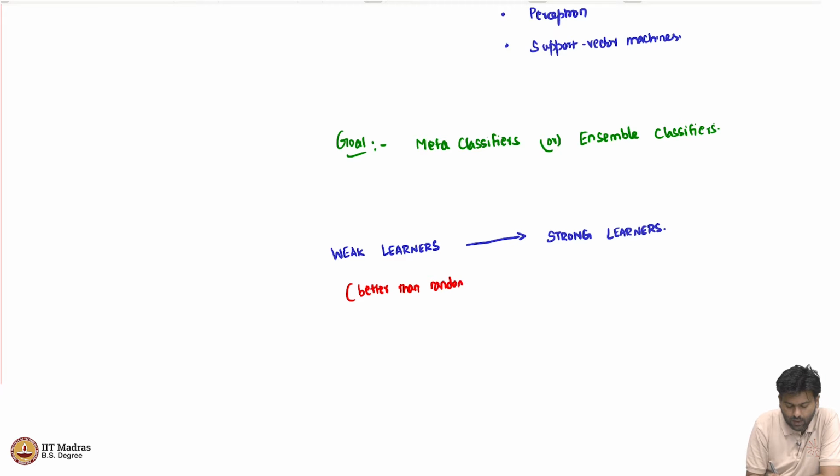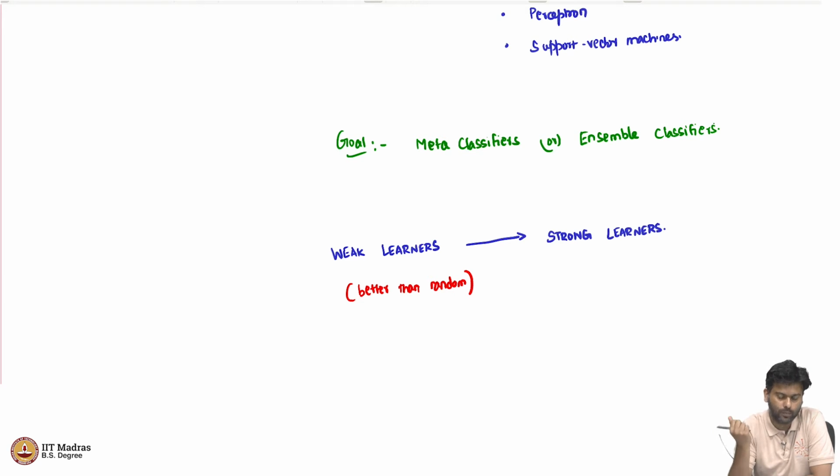What do I mean by better than random? Well, you have a data set which you are assuming is coming from some underlying distribution. You are training your classifier on this, and then you are testing on the test data. If it's a binary classification, I can just simply toss a coin and decide on the label, and that's going to be a random classifier, right. A classifier which is simply going to get a 50% error rate, let's say. Now, these classifiers which we are calling weak learners might get 60% accuracy or 55% accuracy, things like that. So, slightly better than random. We have a weak learner like this, and now the goal is to somehow convert this weak learner